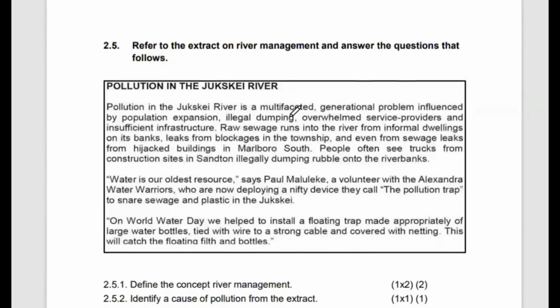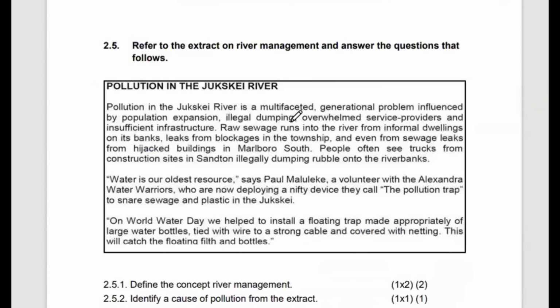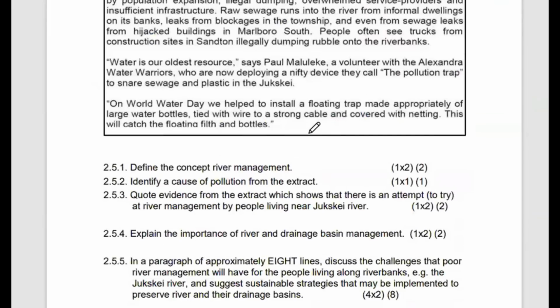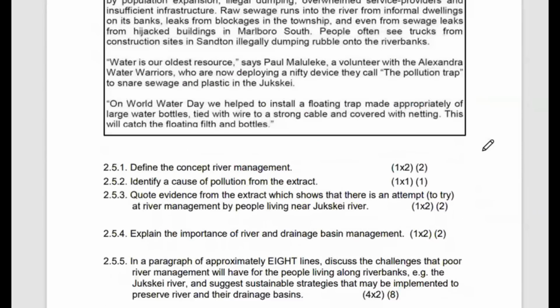Right, that takes us to question 2.5, which is a case on the pollution of the Jukskei River. Right, we have the questions. The first question says, define the concept of river management. This is a geographical concept that you can define in many ways, as long as you are addressing the concept. So here, how I can define it, we can say it is the process of sustaining and maintaining rivers,